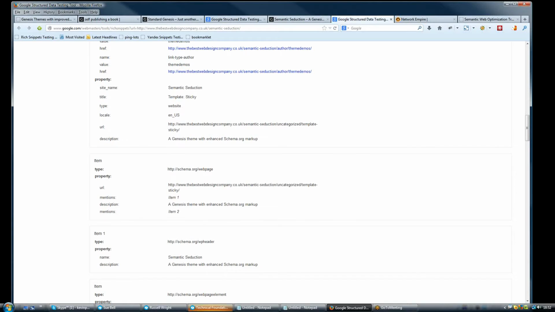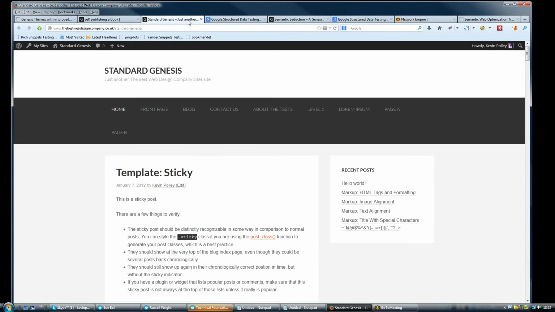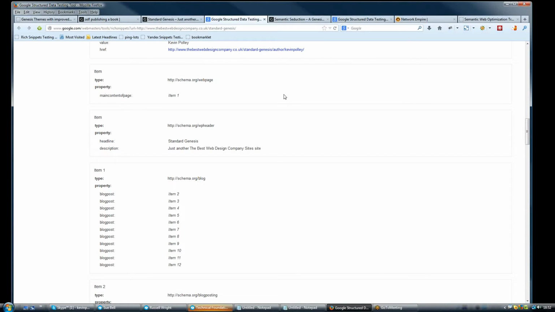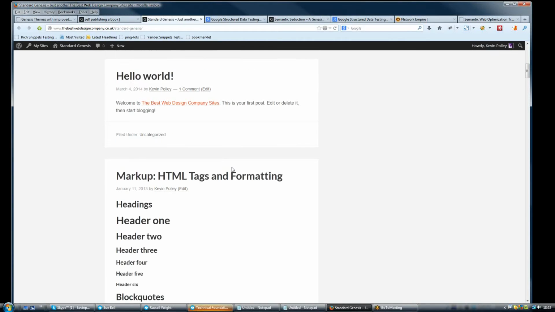Correct. Okay. Yeah. Whenever people use markup, Google, Yandex, Bing, they all recommend that people that use structured markup like schema.org, they go and use the tools provided by the search engines to make sure that you've got valid markup in there and that there's no nasty, horrible errors. And the Google structured data testing tool, where you see this whole page in the background, what the markup is doing,